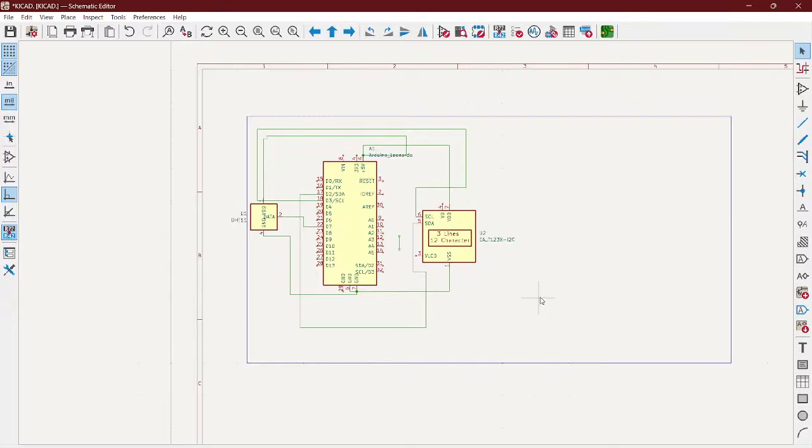Now we have completed the making of the circuit of a simple temperature display unit, which is powered by an Arduino Leonardo and a 16x2 display with I2C module and a DHT11 sensor. Now what we will do is, we can simply print it out, or else we can simply export